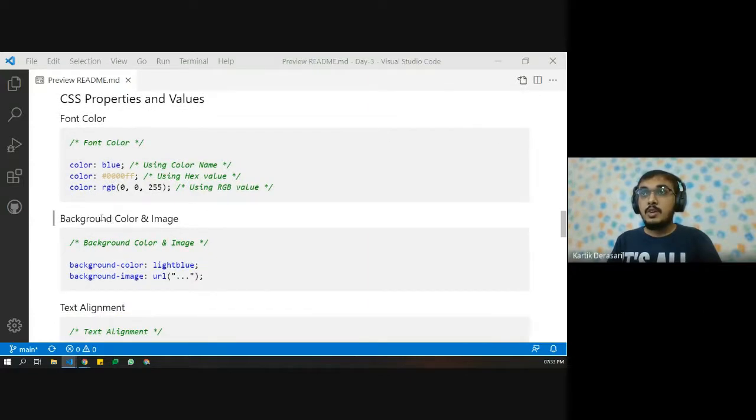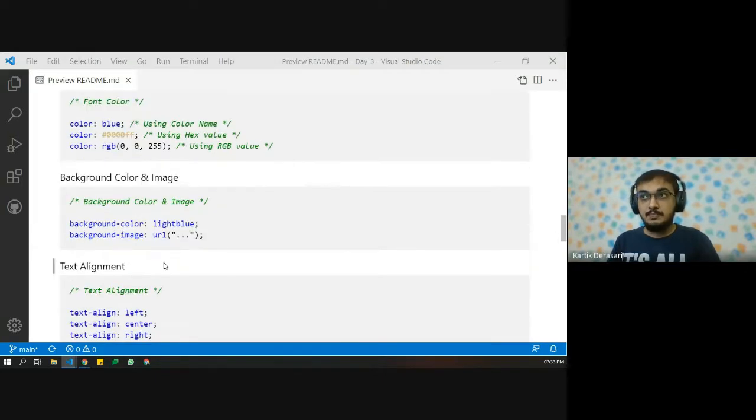And now moving on to background color and image. So when you want to change the font color, simply use color. And when you want to change the background color, simply use background color. Here also we can directly use the color name, or we can also use the hex value or RGB value, HSL value, and different kind of color formats.